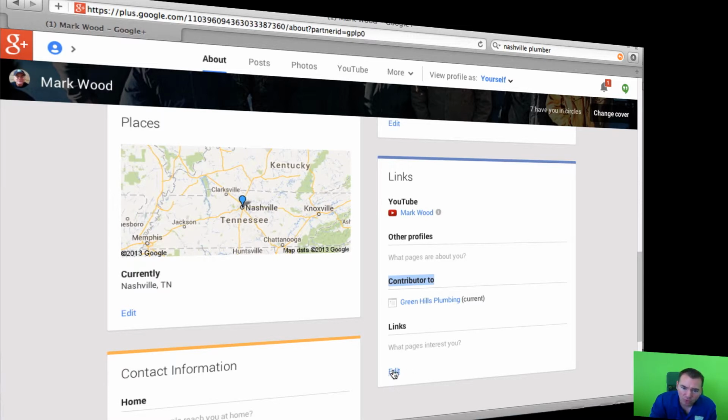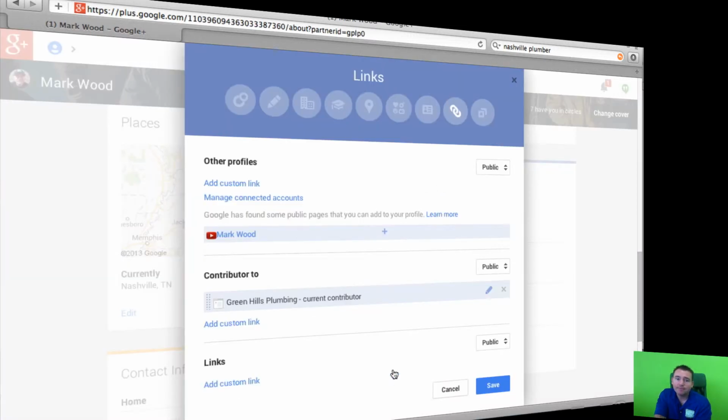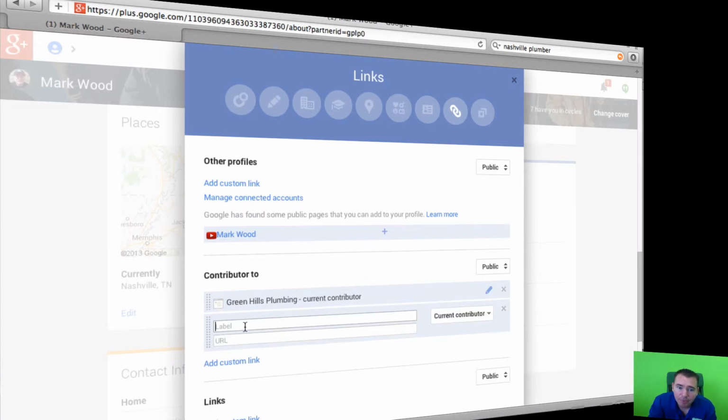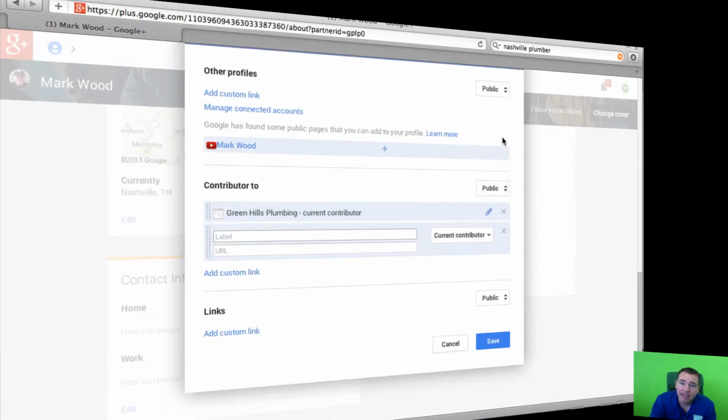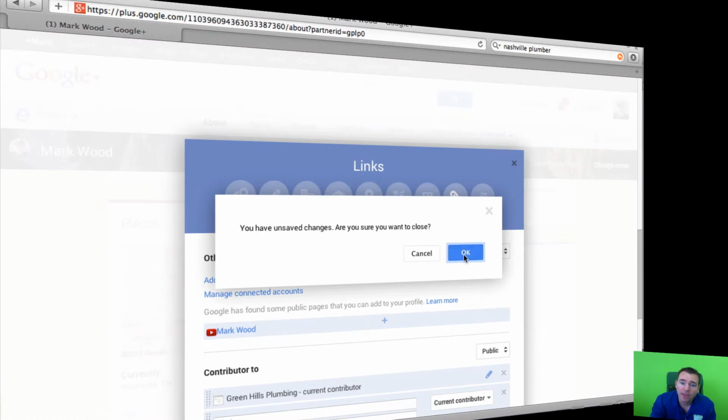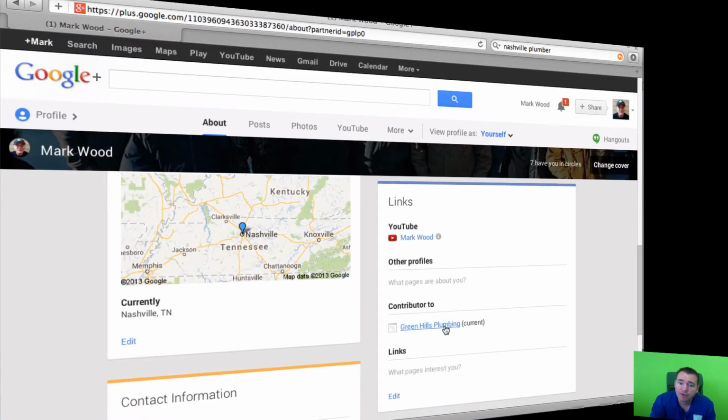And so you would just go right in here, hit the edit button, click the add a contributor link. So you go add a custom link, put in a description of it, your company name, and then the URL. Press save, right? And voila, you will now have a contributor link on your Google Plus page. And you'll have completed the first two steps, which is to create your Google Plus profile with the headshot, add a contributor link,